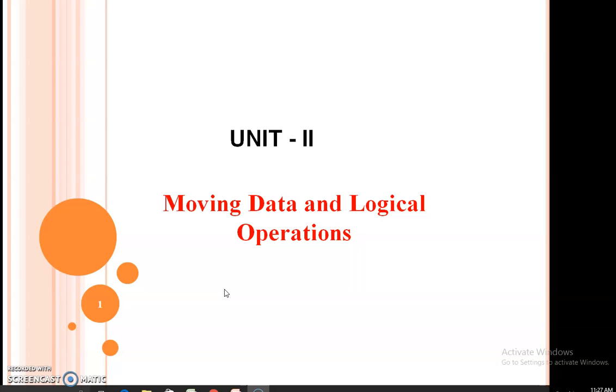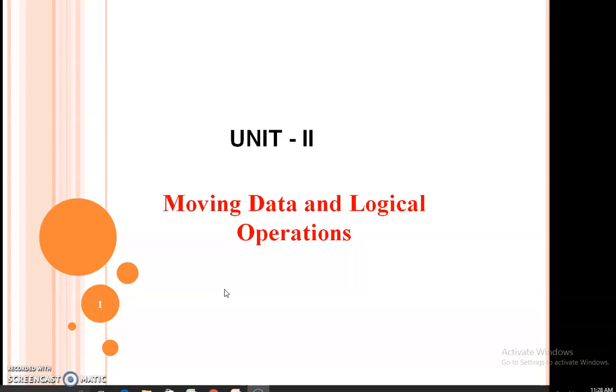As you know, we have three types of languages. First one is machine language, which has binary values, zeros and ones. Second is assembly language. Third one is high level language, for example C, C++, Java, etc. We are going to use assembly language with the 8051 microcontroller in our subject. Assembly language consists of mnemonics, that is shortcuts of operation names. For example, for addition the mnemonic is ADD. For subtraction, the mnemonic is SUB.